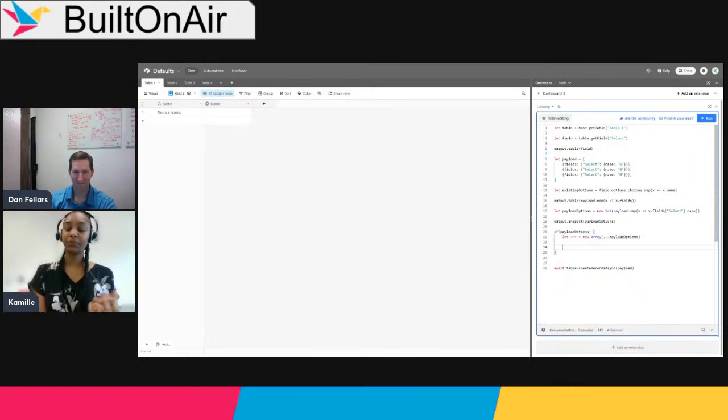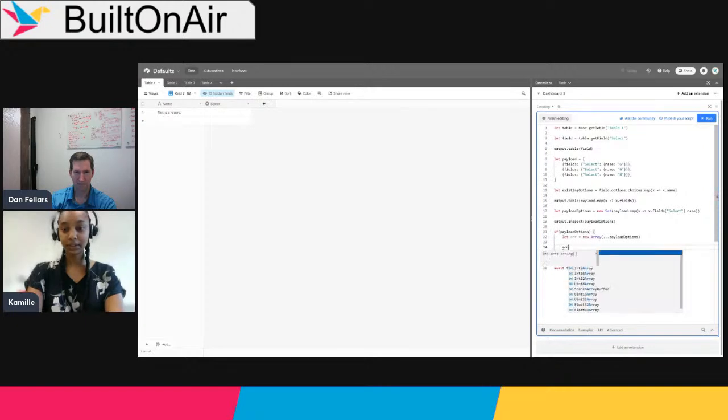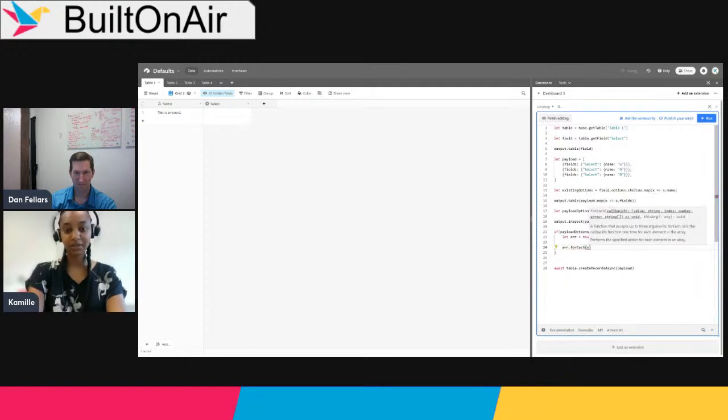What I want to do is loop through each of those options that I'm trying to pass and see if they exist in the current field options. If they exist, I don't have to change anything. If they don't exist, then I'm going to have to update that field before I try to pass the payload so that those values will be able to stick. So with my new array of options that I'm trying to pass, good old forEach option,